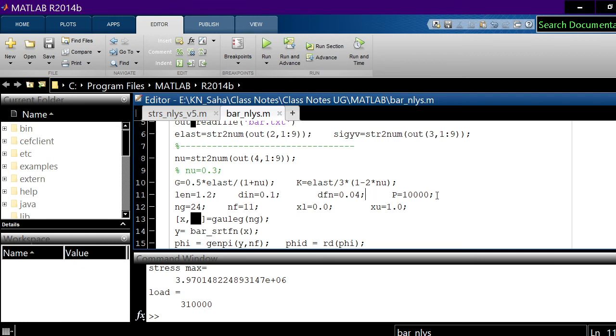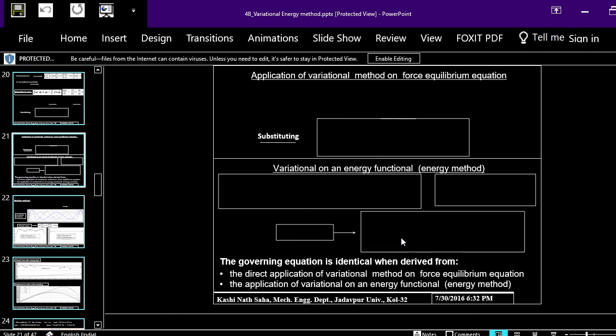This is load, the number of Gauss point, number of function. This is the limit 0 to 1, limit of integration, normalized coordinate. Then this particular function, it gives the number of Gauss point and their weight. So you can control number of Gauss point, yes. 12, 24, 48, whatever. It was shown there in this plot. Yes. They have different plots, right?